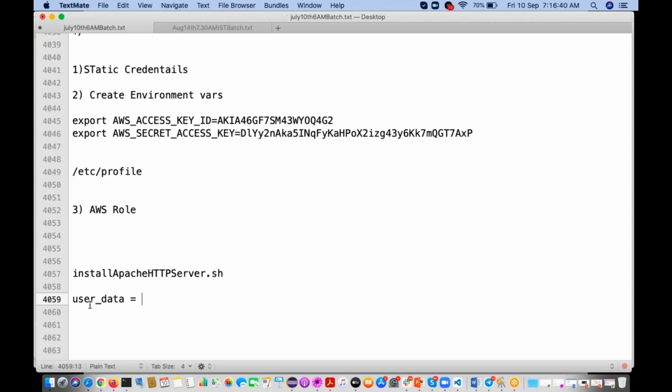So we need to get that file, right? So we are going to use dollar symbol within the curly brackets. We are going to use one function called file, and there we are going to pass this particular file. Okay.